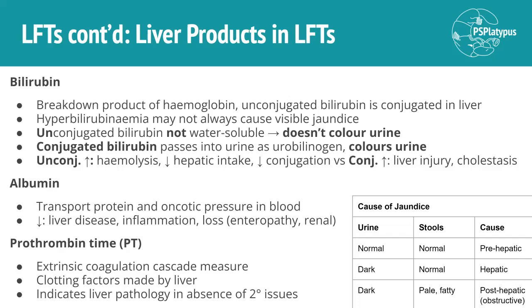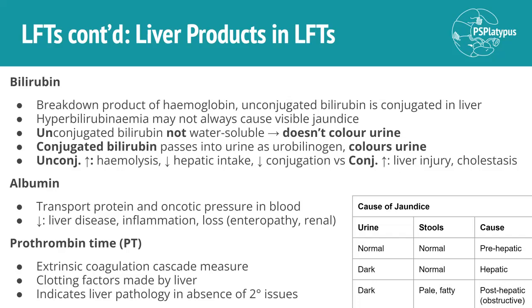Conjugated bilirubin is water soluble, and so it passes into the urine as urobilinogen. So it's been broken down further, and that's actually what gives urine its color. If you have increased conjugated bilirubin, then you're going to have increased urobilinogen, so you're going to have darker urine. And the causes of increased unconjugated or conjugated bilirubin, well, we can see for unconjugated, it's things like